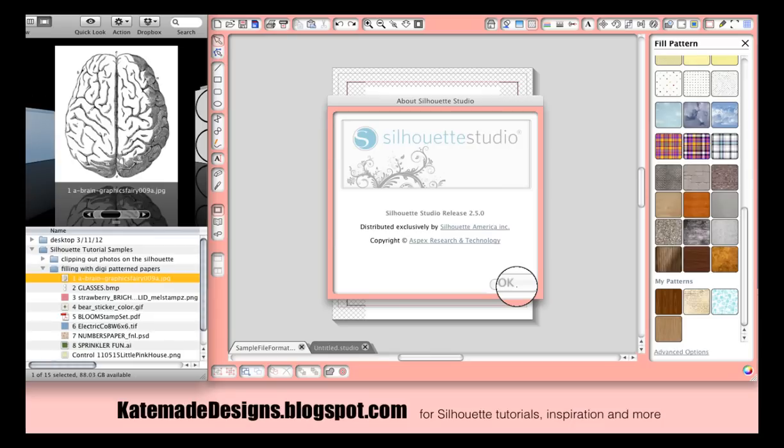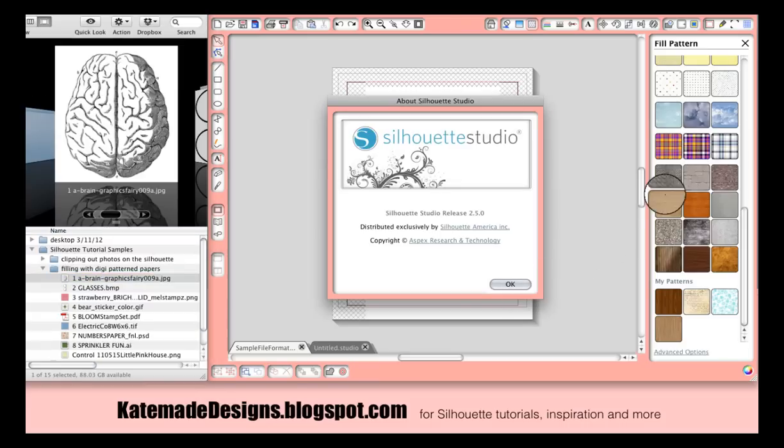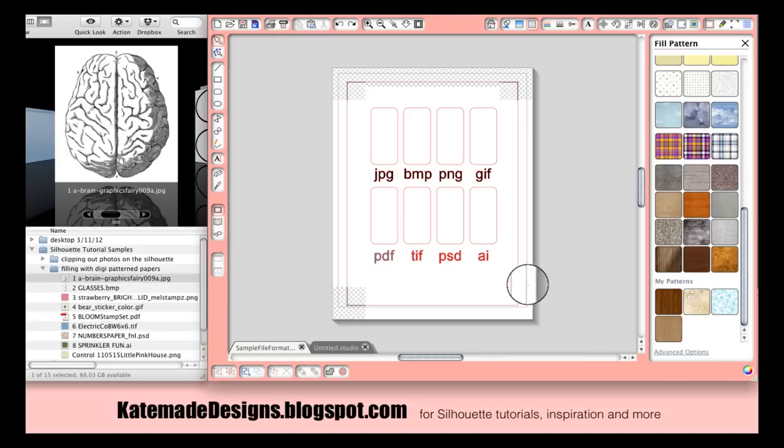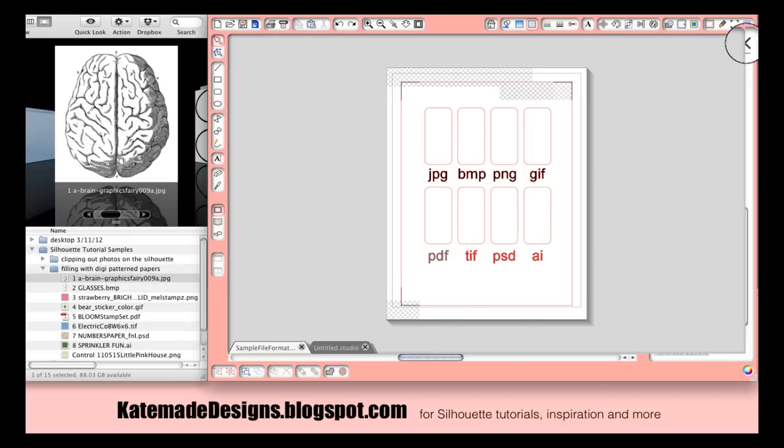Today we're going to talk about using pattern papers not available from the Silhouette Studio online store. If you Google search digital scrapbook papers, you will find over 1.6 million listings. If you add the word free, you get about 600,000 listings. That's a lot of options. And today I'm going to show you an easy way to add some of those papers to your images in